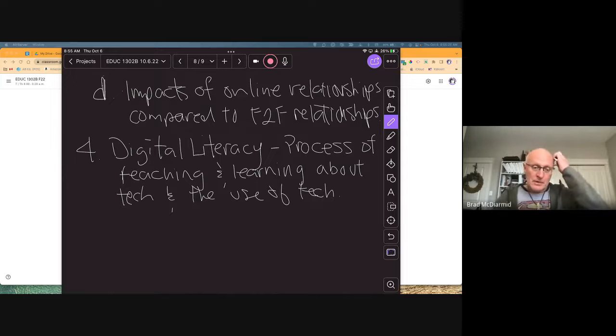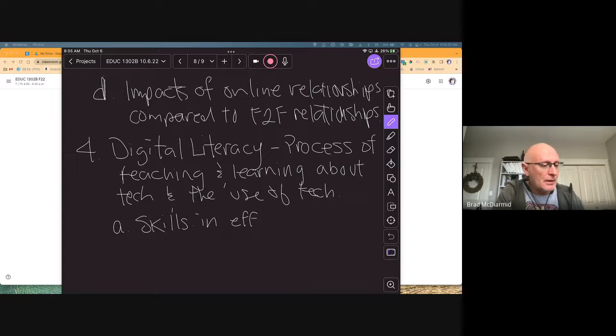Okay, so if we put it in a different context, this is about skills, right? It would be just like in language arts class, your literacy skills. Can you write a sentence? Can you write cursively? Do you print? Those kinds of things, right? Skills in